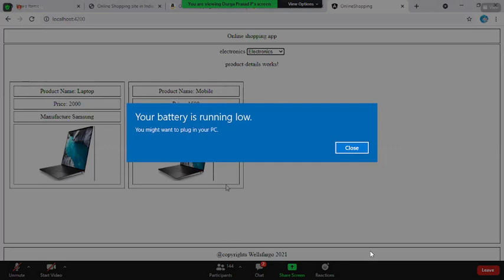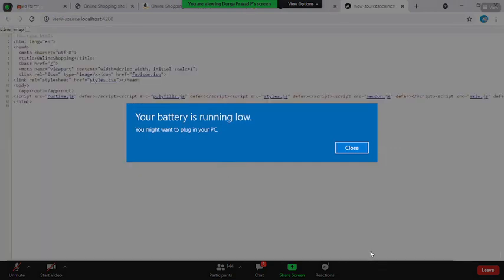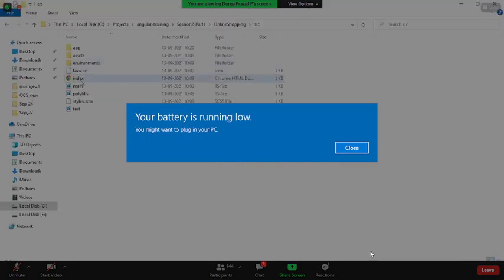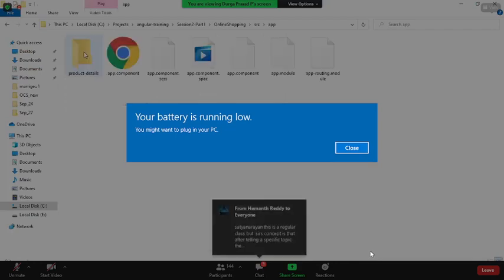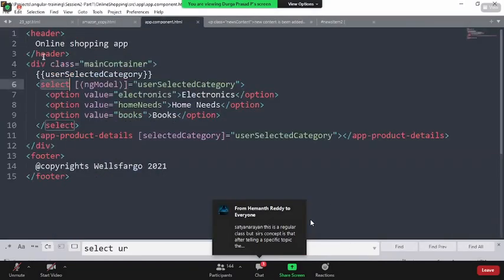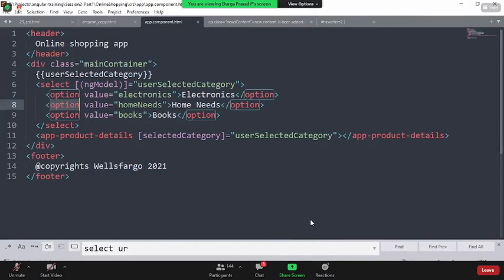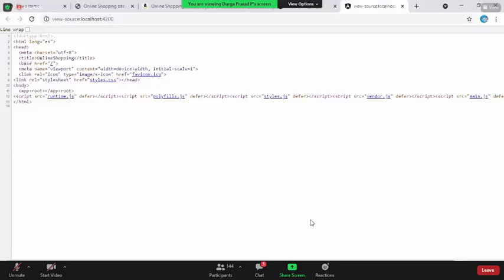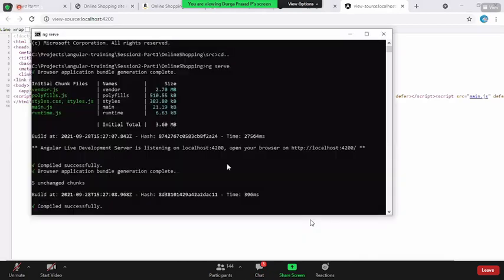Okay. Once you see the source code, do you see any type of HTML code getting added? No. But when you write the piece of code, where is that? In app component.html. If you see here, this is where you have created a div tag, select tag, option tag. It was so clear. But when it comes to the browser, it won't show that. Why so? You know what happens internally?